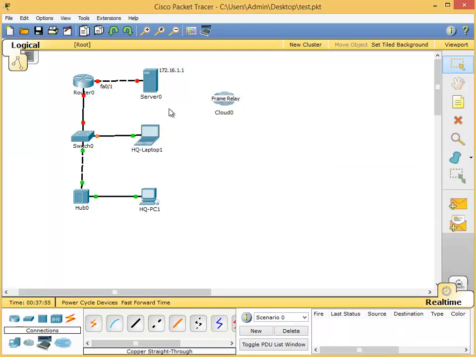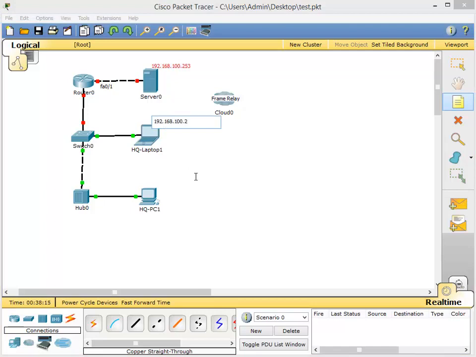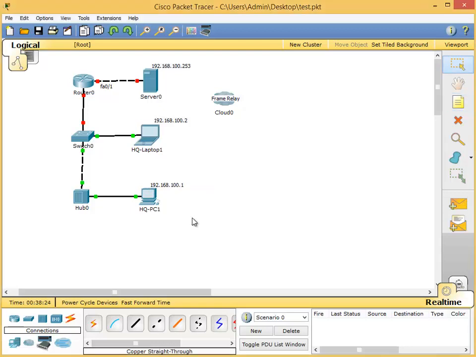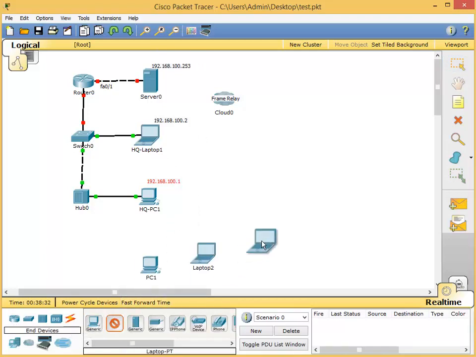Right, I said earlier I would give the IP addresses. So here, for example, I'll place a note: the IP address of this server was 192.168.100.253. That's the server. And I'll place a note on the laptop. The laptop was 192.168.100.2. And I'll place a note for the PC as well. That was 192.168.100.1. Okay, excellent. Now this is where Packet Tracer is great, because you can bring here as many PCs as you want, as many laptops as you want, and that's a problem with the real devices, because I can't get this